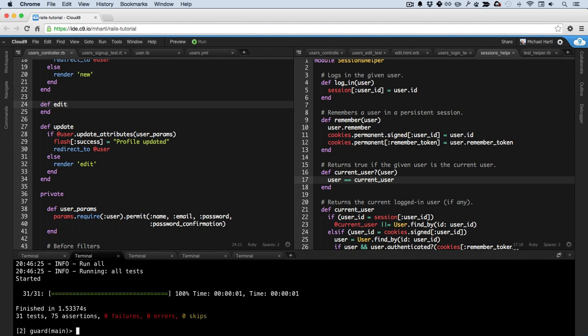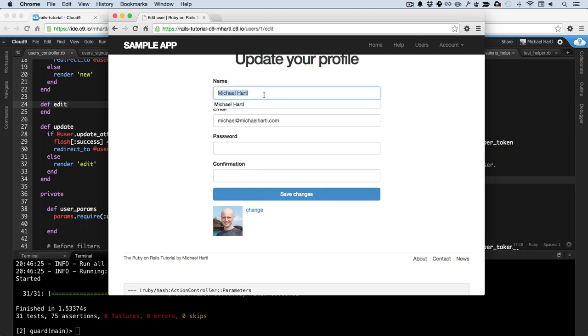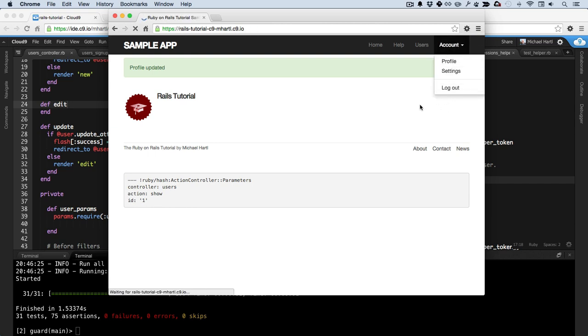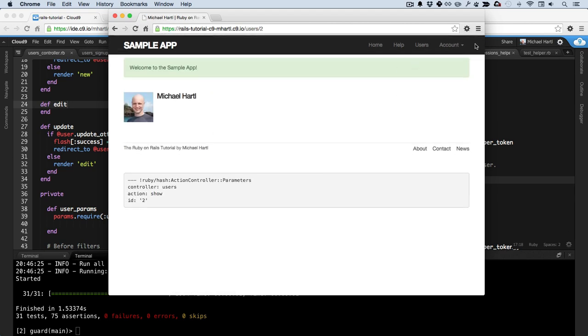All right. It's always nice to try that out in the browser. Let's do that. And actually, I want to change this back. Let's just do this. Save the changes, and then, that's weird, I thought I already saved that password, but let's log out. And I'm going to sign up as a second user. I'm just reusing my main email, that's why I got rid of it. Create my account, and now I'm going to try to go to